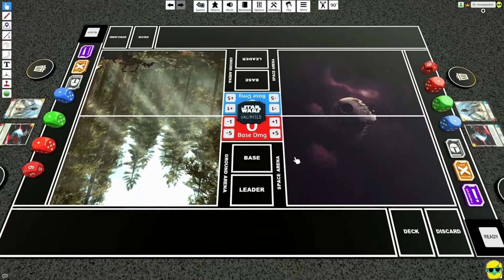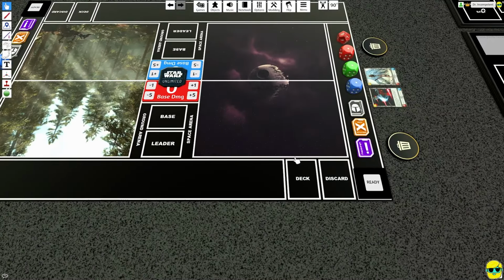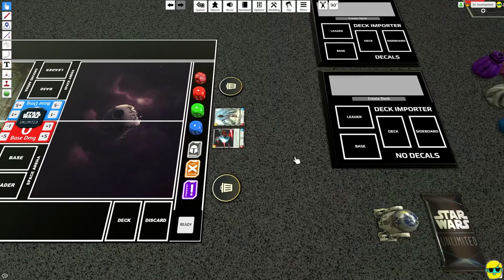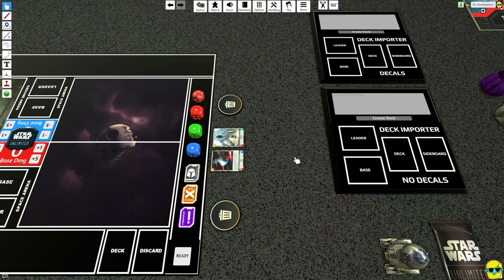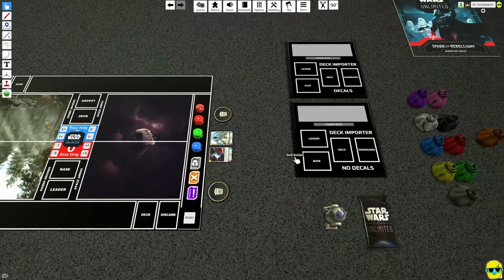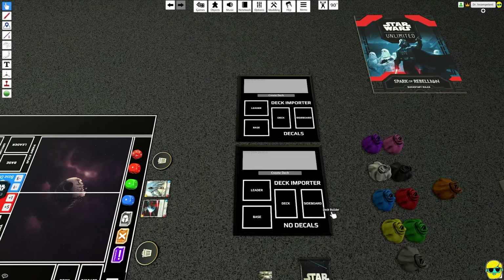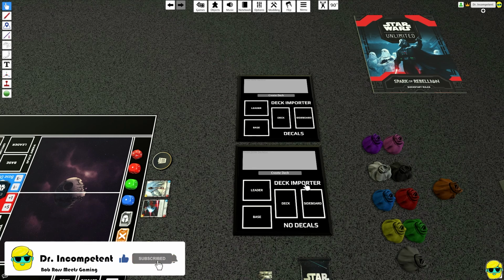I'm going to zoom in using the mouse wheel, and you can move the camera around using WASD. And over here is what we want to do to get started with the game and just explore this space. So if you have a custom deck that you want to import, or one that you've made on Star Wars Unlimited DB, then you can import those here by basically copying the JSON files and uploading them. I might make a separate video on how to do that, but right now we don't need to do that